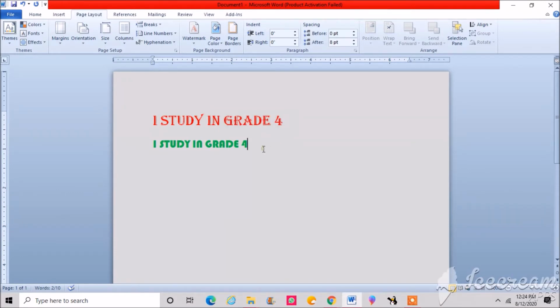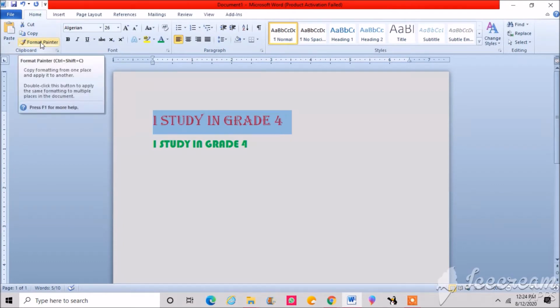Now if you want your second line to look the same as the first line, then we have to do copy formatting. For this we have to select the text or graphics whose formatting you want to copy. I want to copy the first formatting to the second one, so I will select this one. Then I will click on the Format Painter button, which is in the Home tab.